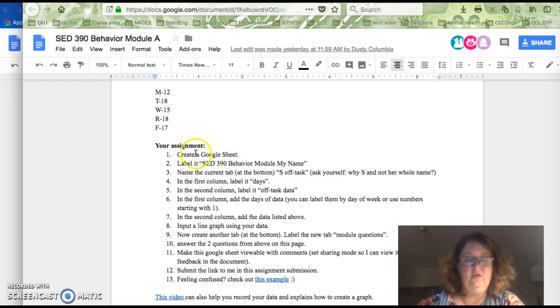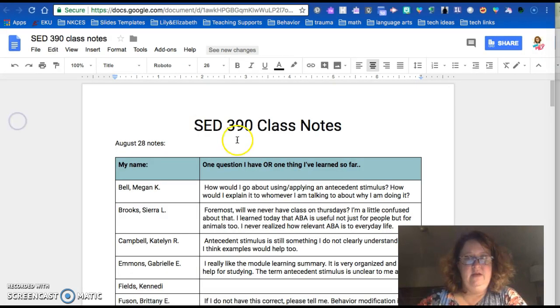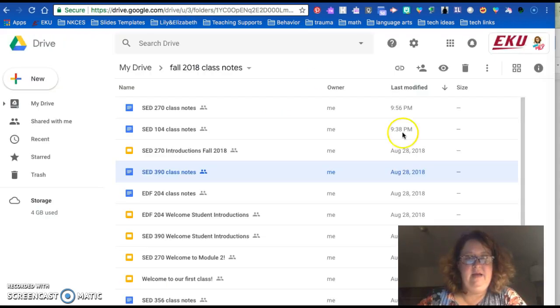You're going to create a Google Sheet. So that means that you need to go into your Google Drive. And so I'm going to go to my Google Drive. Remember that you'll need to be logged in with your EKU email to get to your Google Drive, and I usually use Chrome, so I'm coming right on over here to my EKU Google Drive, and I'm here with all my class notes,